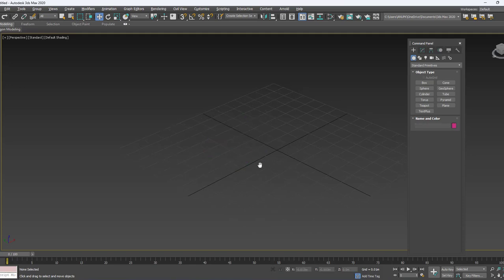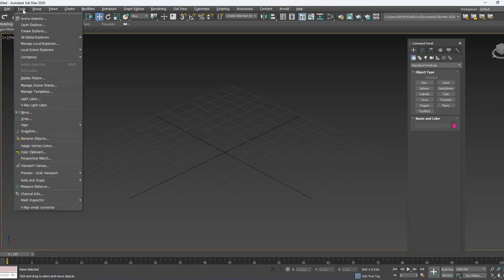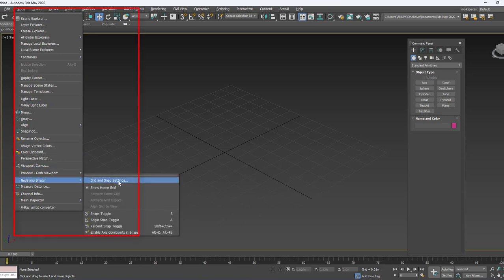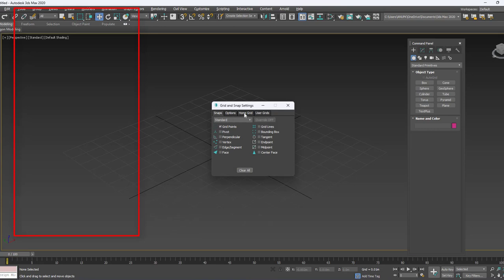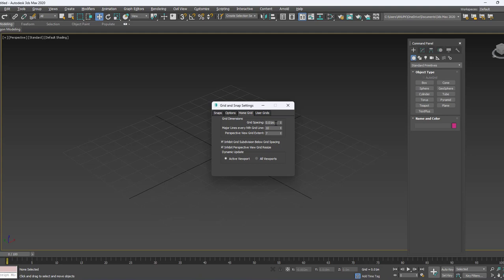Next one is grid setting. So we have the default grid. In order to get to know the spacing between the grid and do the setting, then you go to the tool option. Here we have the grid and then snap. Grid and snap setting. Go to the home grid option. Now the grid spacing is 0.01 meter. You can change how much distance you want. For example, if I go with 0.5, then you can increase the number of grid lines according to that, like this.